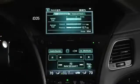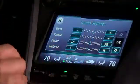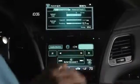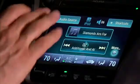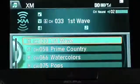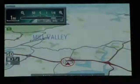Where this does succeed is a couple places. First of all, only having contextually sensitive buttons means that you can have larger ones because you only have the ones you need at a time instead of these little fiddly ones that Acura is known for. I also like this. This is a shortcuts menu here that is sort of a clipboard. You can shortcut any number of vehicle settings or menus into this area. I will say that these two screens are beautiful looking now. Acura has completely redesigned what they do on LCDs, except when you go here. That's the same map basically we've been seeing for 7 or 8 years in Acura Honda products,